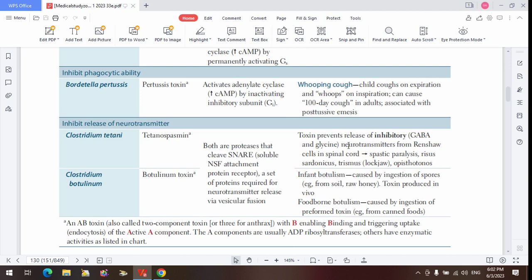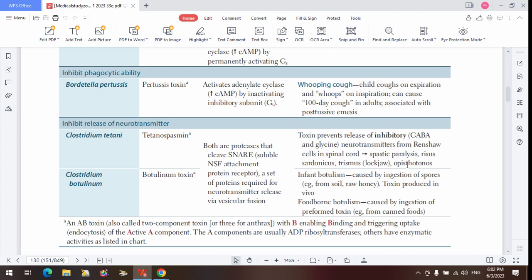Those inhibitory interneurons are there to regulate the activity of the alpha neurons that cause muscle contraction. So when you inhibit release of GABA and glycine from the inhibitory interneuron, there's no way they can inhibit outflow from the alpha neuron. That means the activity of the alpha neuron becomes unchecked, so there is increased discharge from the alpha neuron, leading to